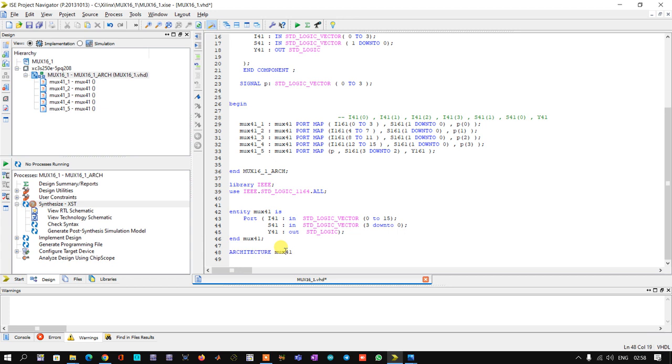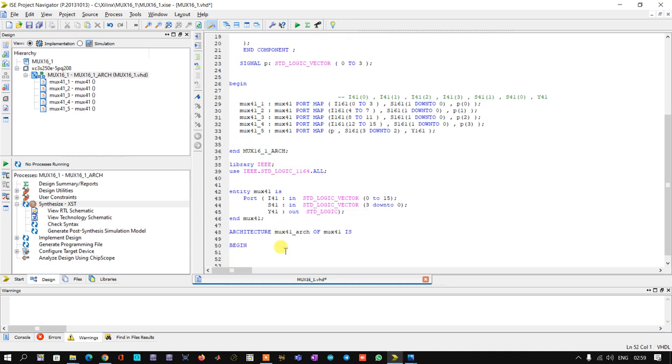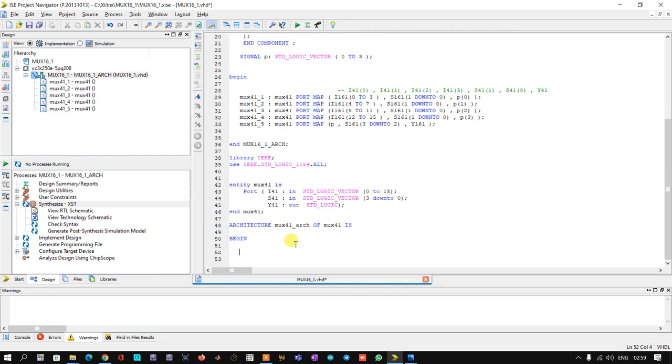Architecture mux41_arch of mux41 is begin. Parenthesis I41, S41